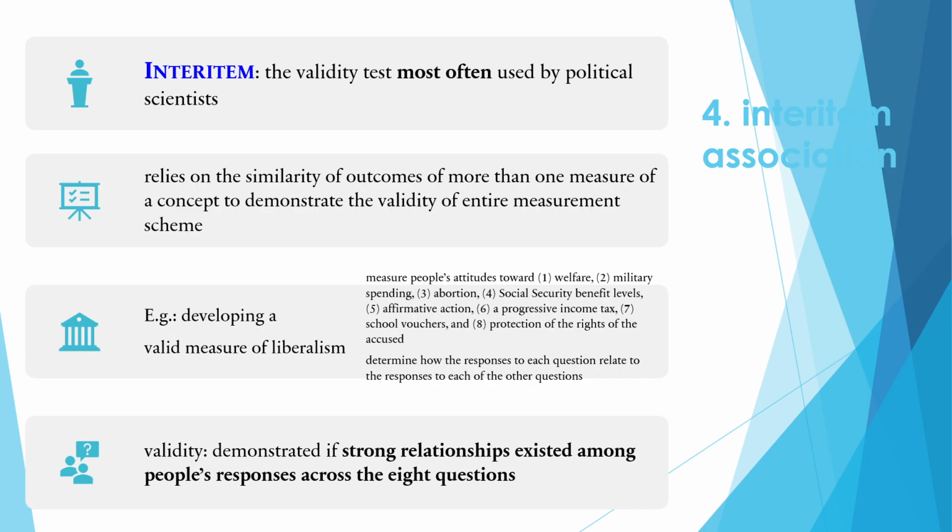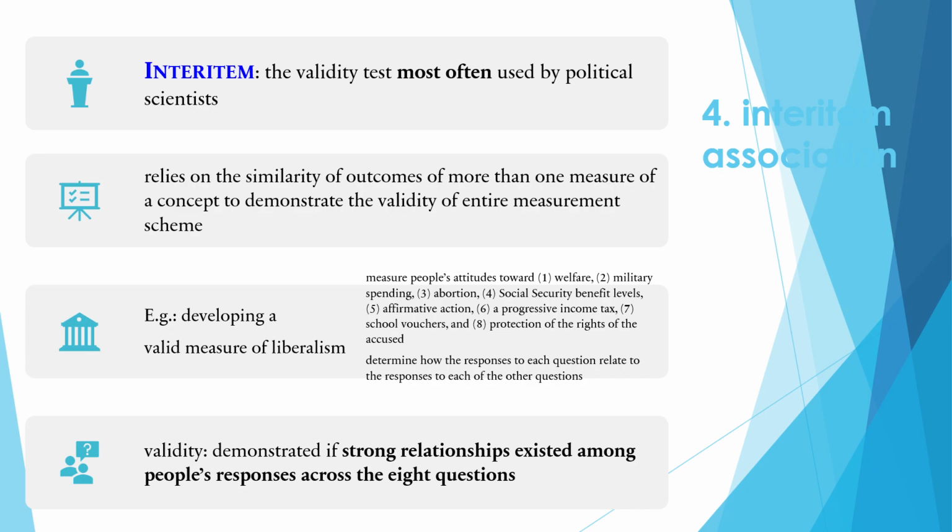They would probably support increased social security benefit levels. They would probably support affirmative action. They would support a progressive income tax: the more money you make, the more you pay in taxes. School vouchers, they probably would not support. And protection of the rights of the accused, you would find higher levels of support. So if you find those things in the way that I've mentioned them, then you can begin to see that this is a valid measure of